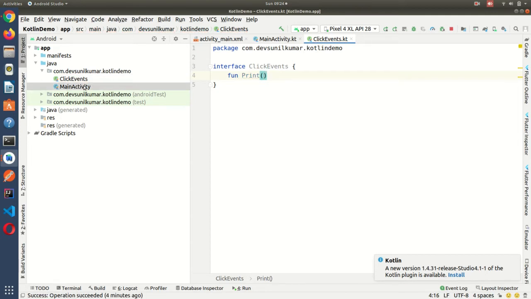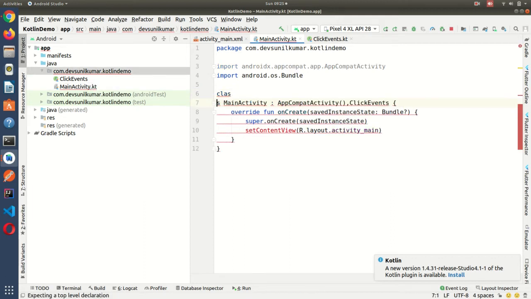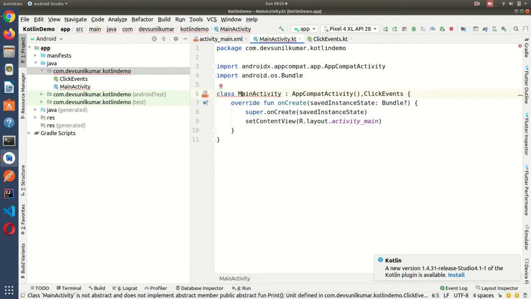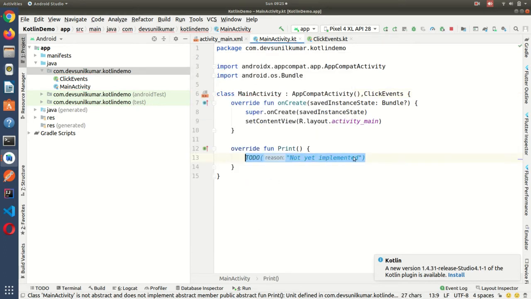Here in Kotlin there is no need to write the implements keyword, just a comma and ClickEvents. You can see we have saved a number of characters here, right? Now we can implement this method.